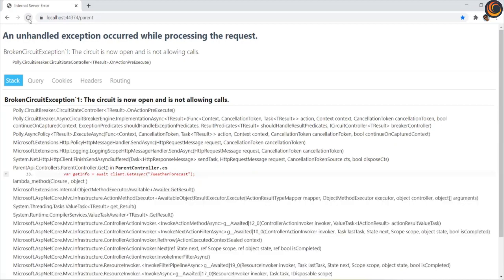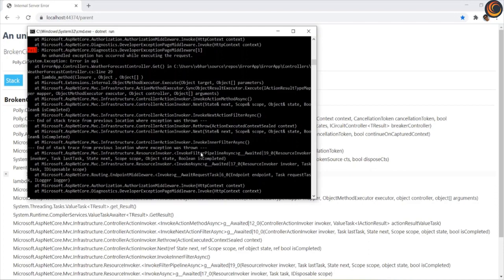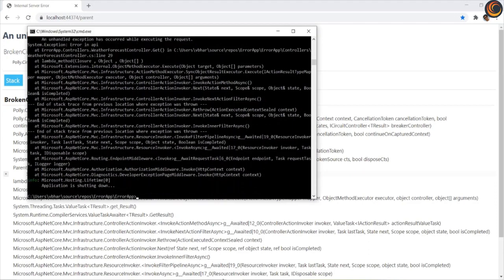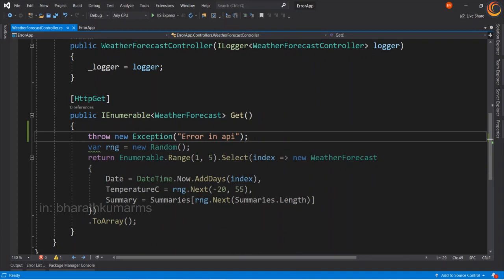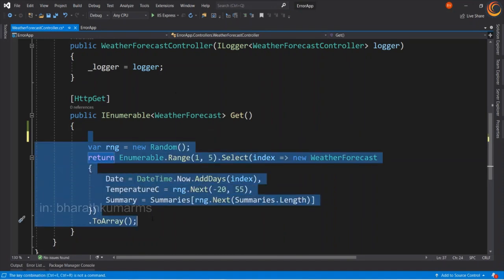And let's say in the meantime, the weather report controller is getting fixed. Let us stop it and go to the error API and return some valid integer values.